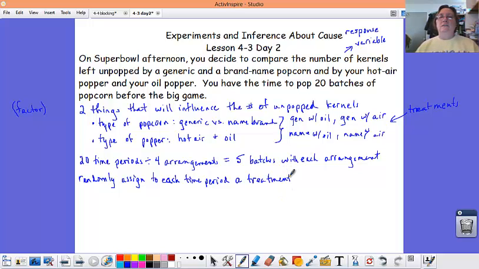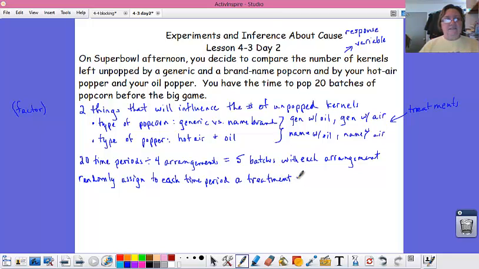So if you think about that whole idea of randomness, we don't know. Maybe the hot air popcorn popper does better after it's been on for a while. You know, maybe it takes it some time to heat up. So if we happened to put all of our hot air stuff at the end, we made our last batches all be hot air, we might get a different result than if we mixed up the hot air and the oil in our time periods. It might be that your oil popper starts scorching after it's been on for a few minutes. So when you do that random assignment, what you're trying to do is